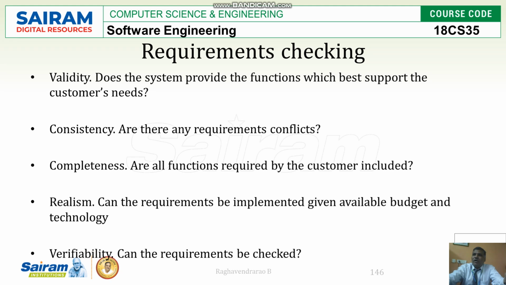Completeness. All the functions and modules that the customer wants, whatever the SRS says, should be included, and that should be checked. Realism. Here the requirements are going to be implemented based on the given budget, the available budget and the technology. They cannot go more than that. Okay, so technologies every